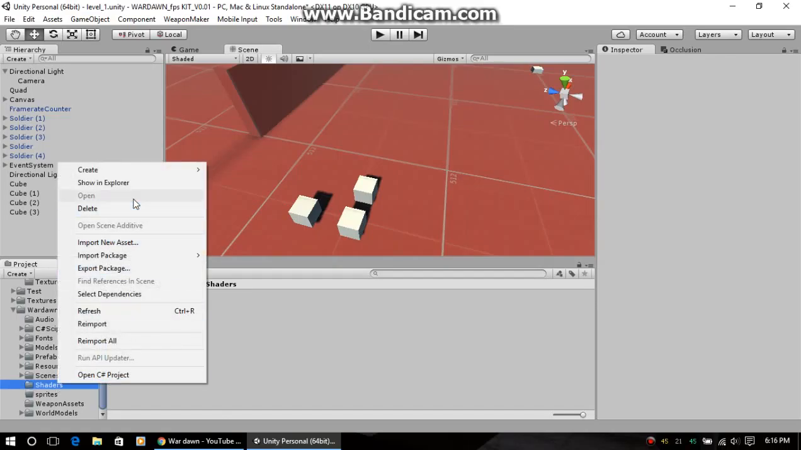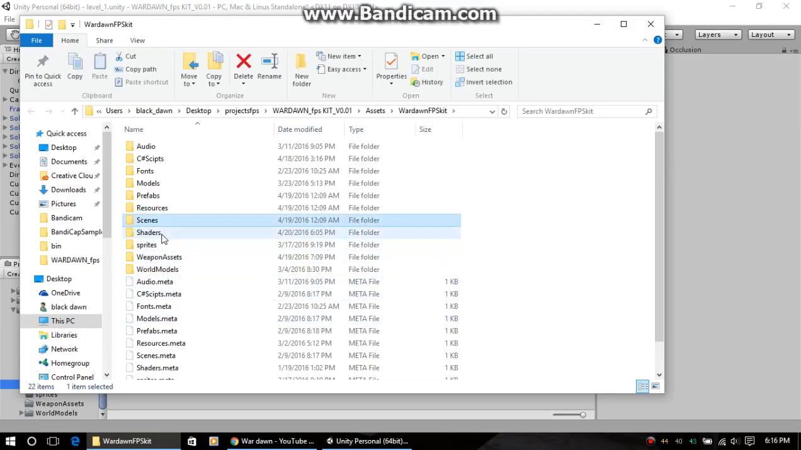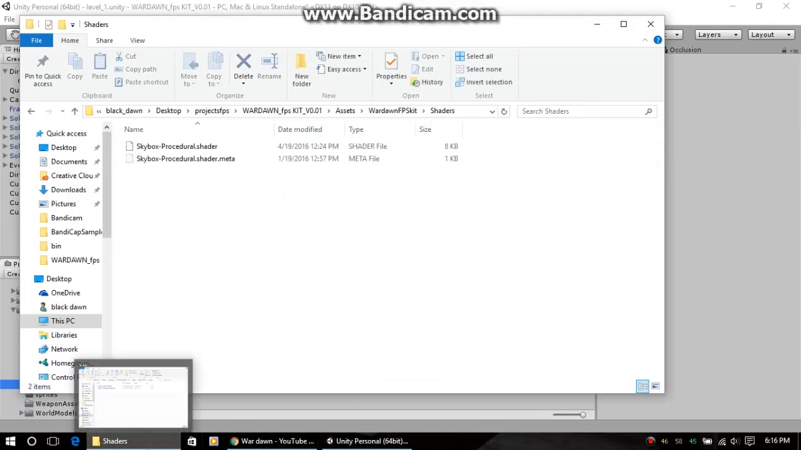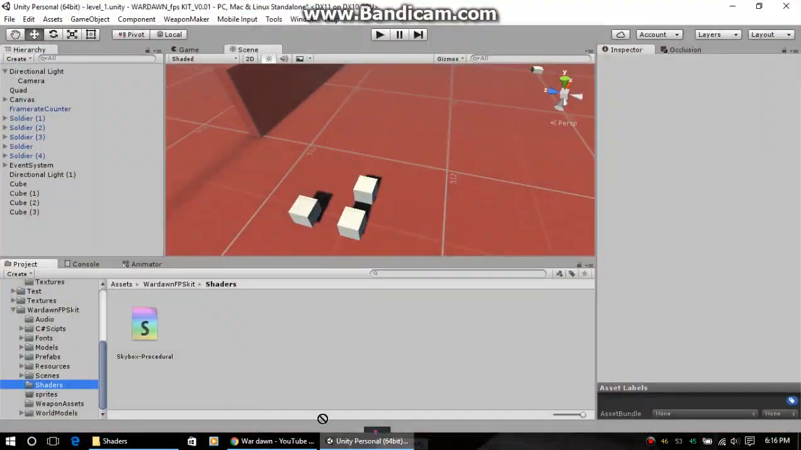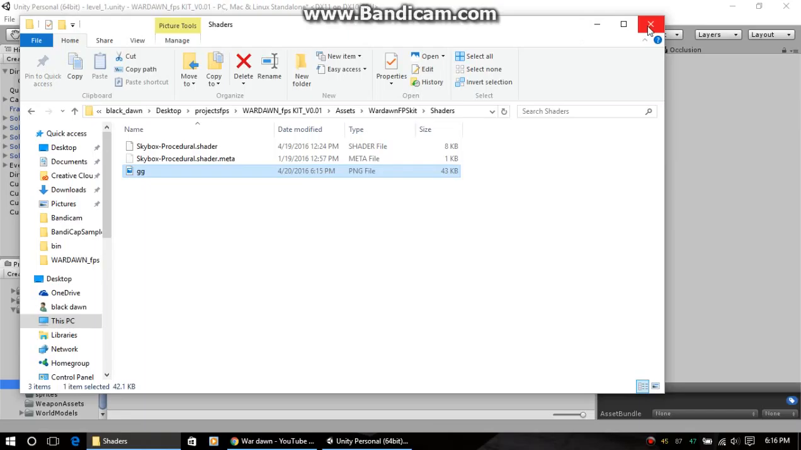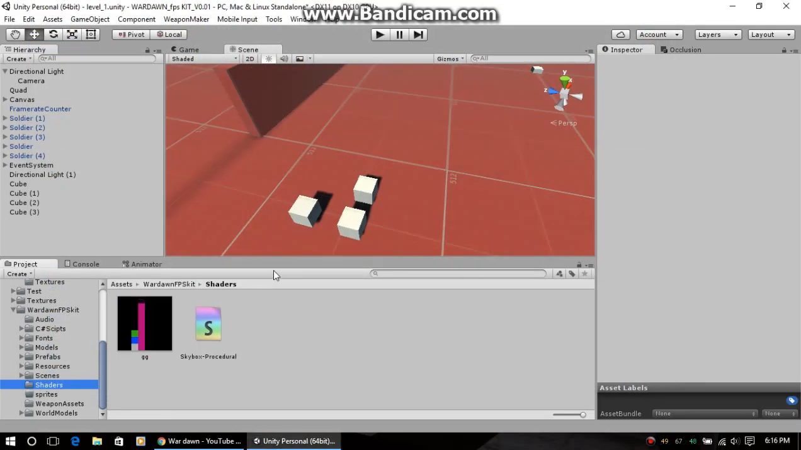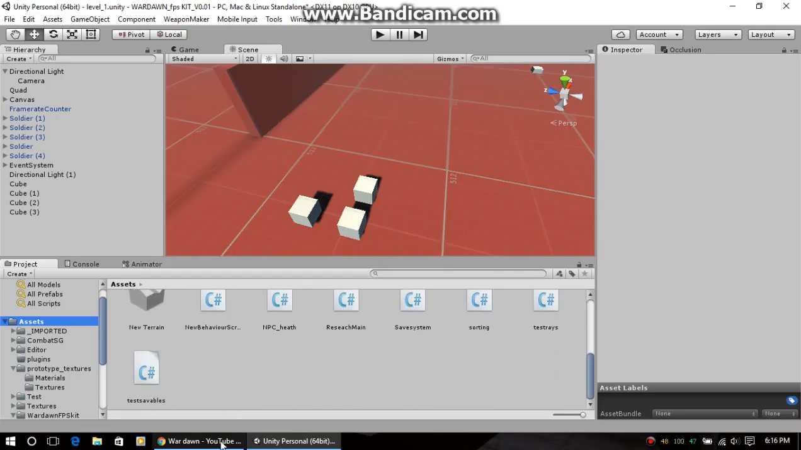Alrighty. Open and explore. Take this, and we will go into our desktop now. I don't know why it's doing that all of a sudden. It's kind of dumb. It shouldn't be doing that. Please, in the comments, if you know why it will not let me drag a texture into this window, please let me know. Well, wait a minute. Oh, I already did it. But